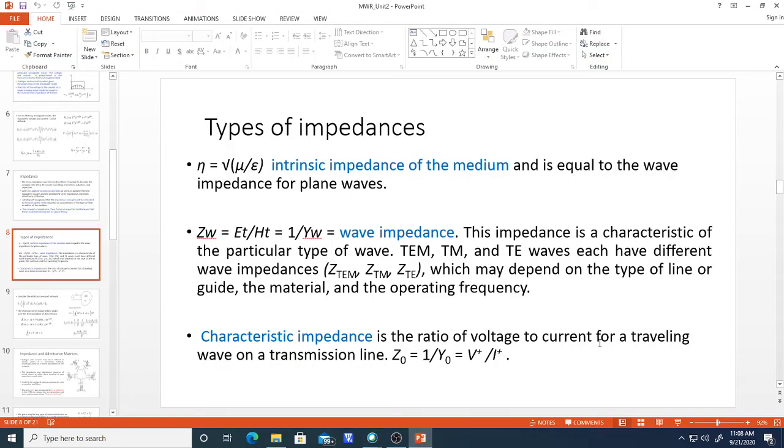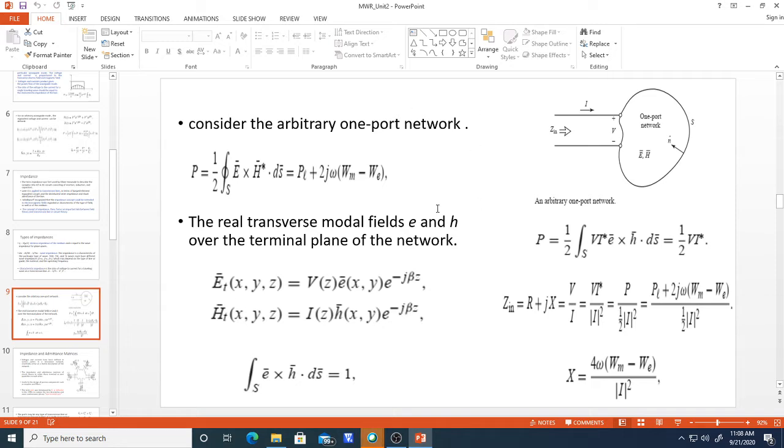Okay. So we were discussing the different types of impedances. That is the intrinsic impedance of the medium, or medium impedance, we can call it. Next one, wave impedance for different types of waves, and also the characteristic impedance of a particular transmission line, or any traveling wave if you take. These are the types of impedances, and we also looked into whatever the port will be having, like capacitive or inductive reactance. Whatever the impedance, we can calculate by using these equations, and also the power flow into the network.